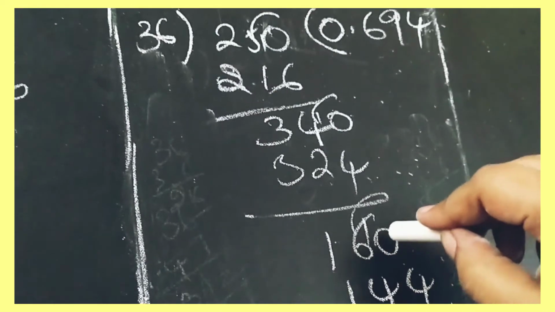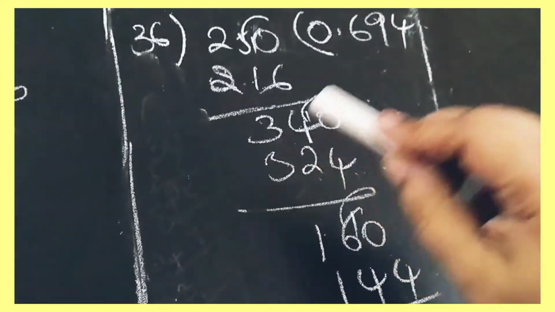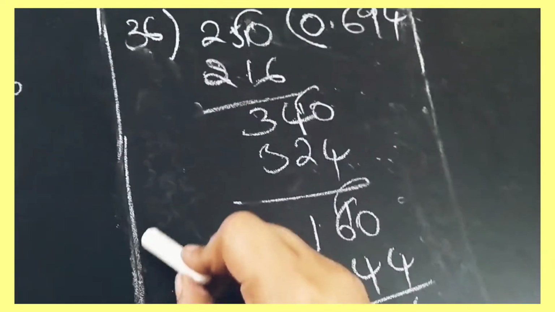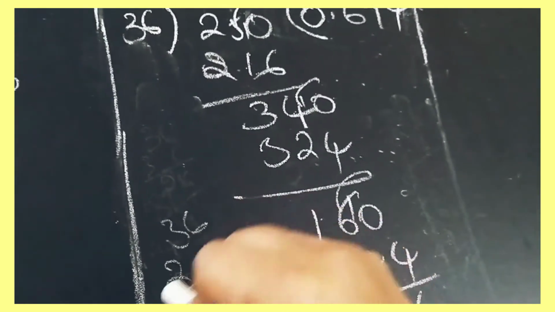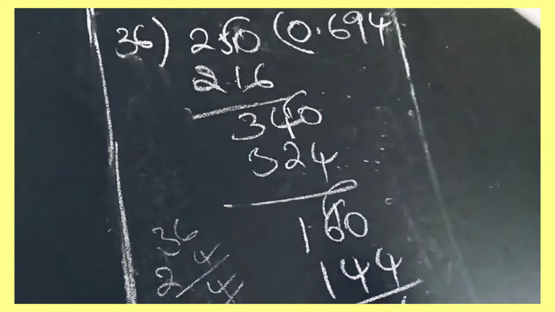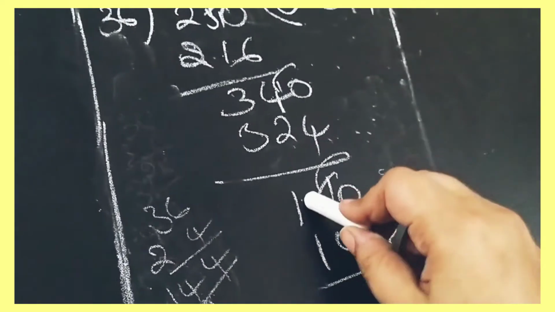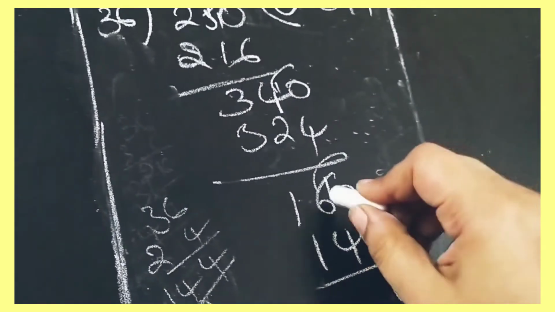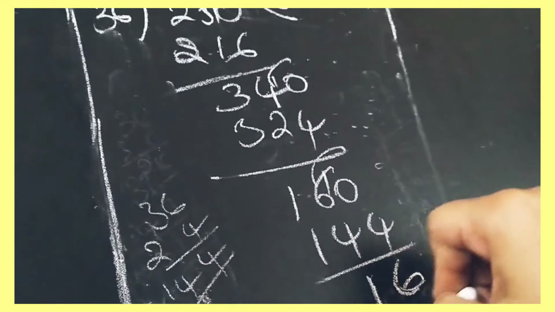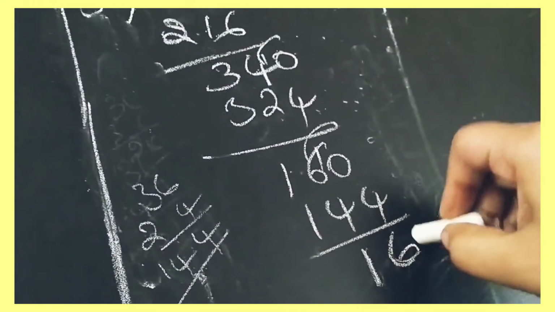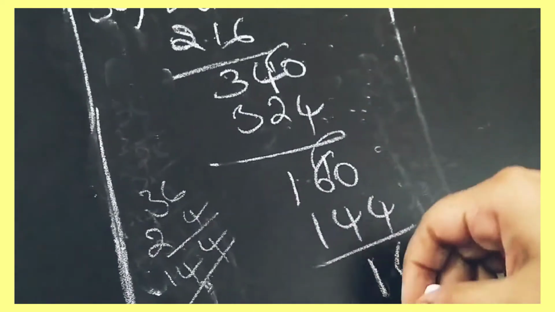So again we have to write one more 0, and make this 16 as 160. Now 36 4s are. What is 36 4s are? 6 4s are 24, 3 4s are 12, 13, 14. It is 144. So we are taking here 36 4s are, 144. So 10 minus 4 is 6. Here 5 is there. 5 minus 4 is 1. So this will become 16. 16 means again we have to take one more 0 here. So again 144 we have to take, again 160, 144.